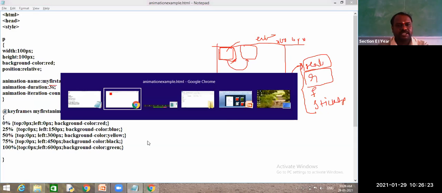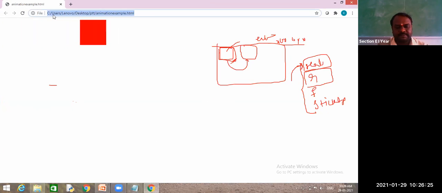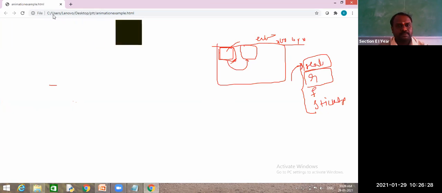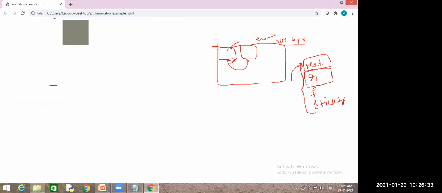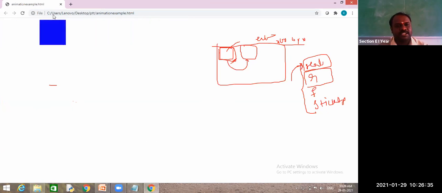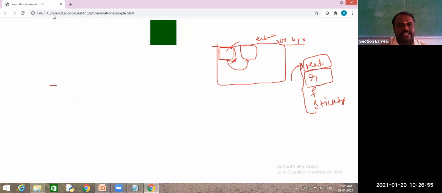Now let us check whether it is applying or not. Changing? Yes, sir. So can I change the shape of this color? I want to make it a circle. Then what do I do? Right now it is a square, and it should become a circle at the end, at the top right corner. Then how can I make it a circle?